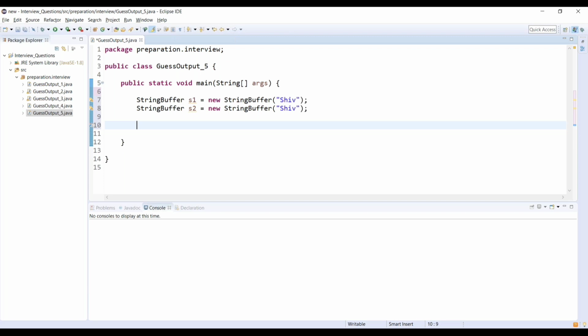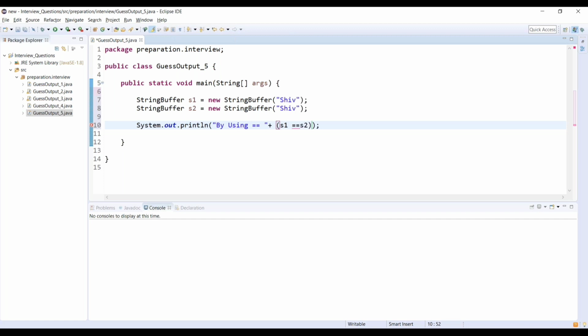Let me write the sysO, and inside that we have two ways of comparing a string. One is by using the double equal operator, right? So I'm writing s1 equal s2.